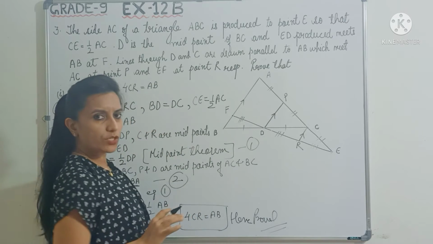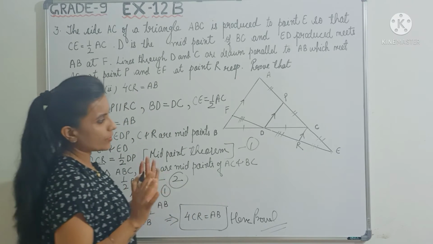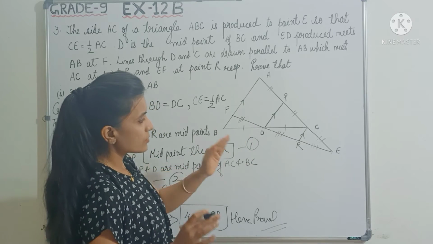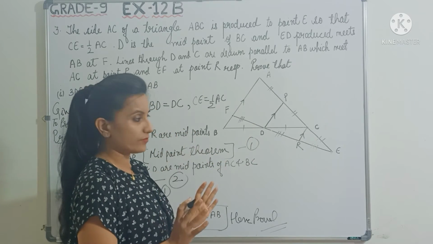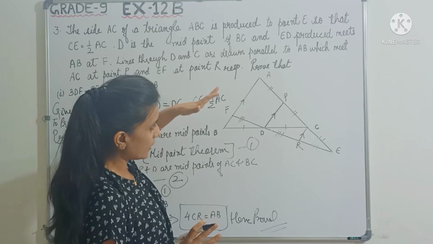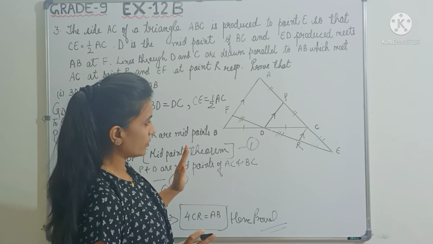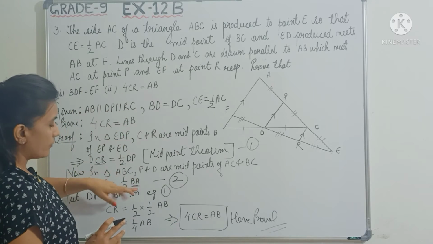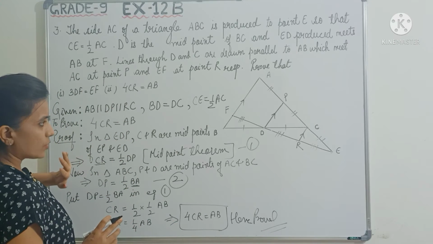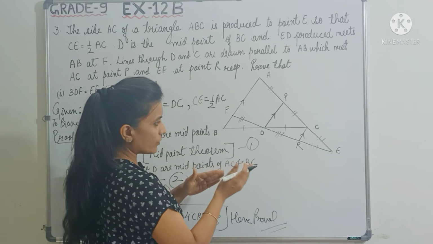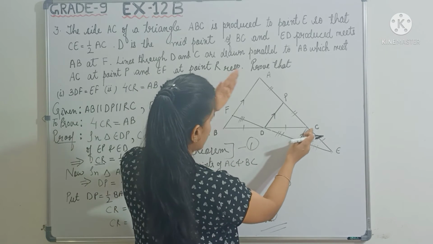See, in all these questions, the biggest confusion is which triangle you will be taking, right? Because you can see so many triangles. So always focus on whatever is given. When you focus on that, automatically you will understand which triangle you have to take. Like for the second case, we have taken two triangles, right? So how to decide? Here I was looking for a relationship between CR and AB, right?